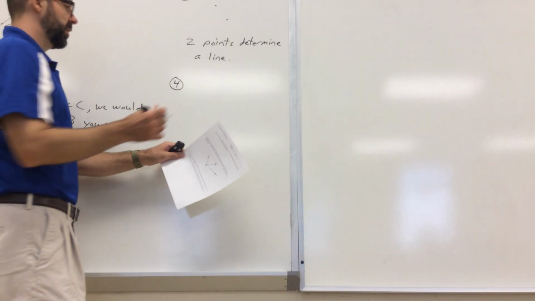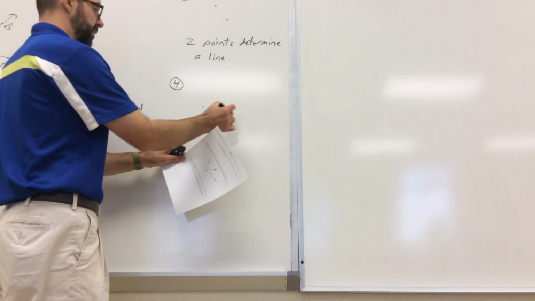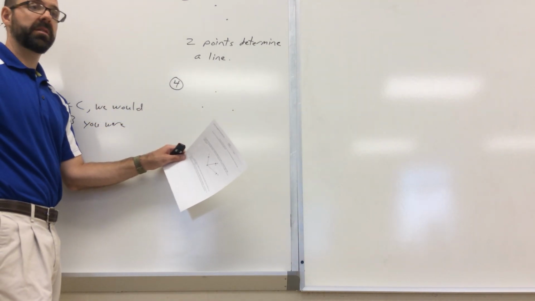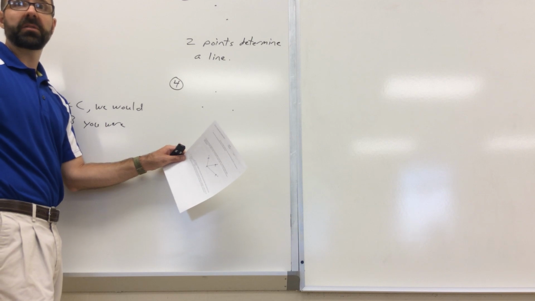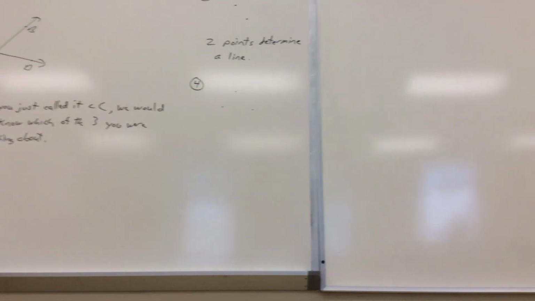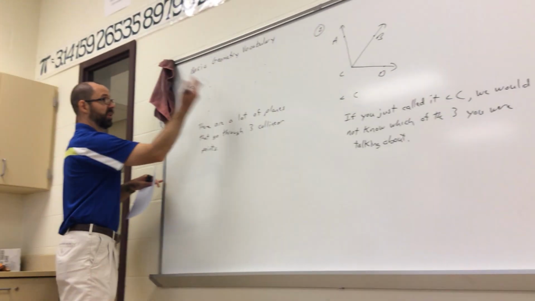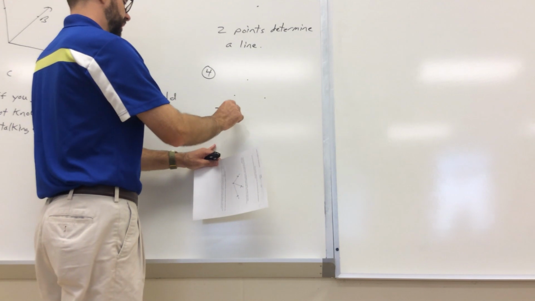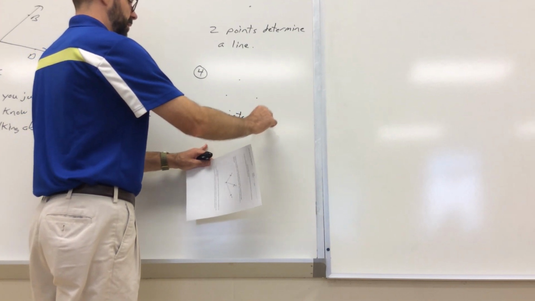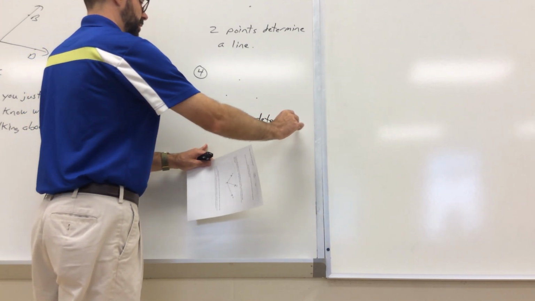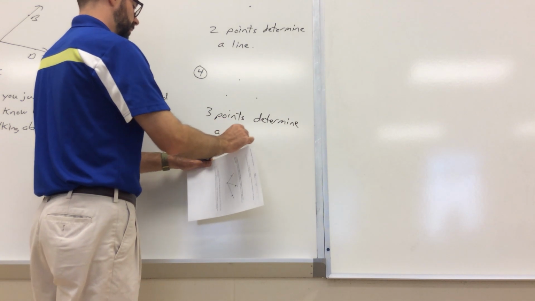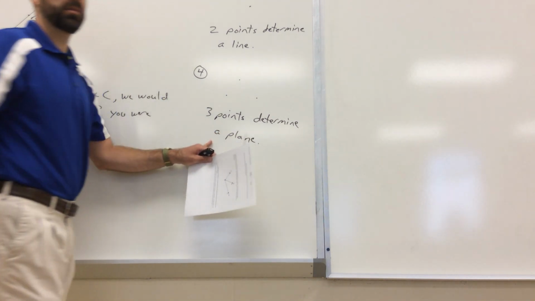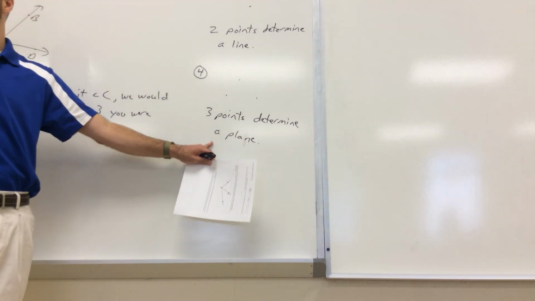Okay, then if you have 3 points, there's only 1 possible plane that can go through those 3 points, unless they're collinear. If they're collinear, there's a lot of different planes. But if there's 3 points, the way we say that is 3 points determine a plane. So that's just a fancy way of saying,